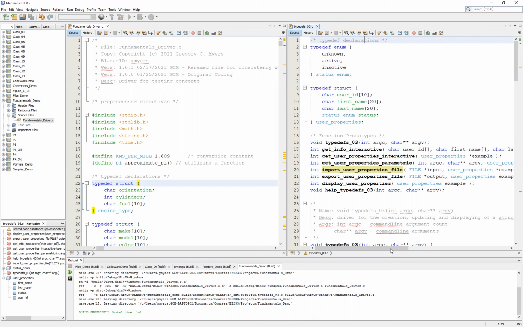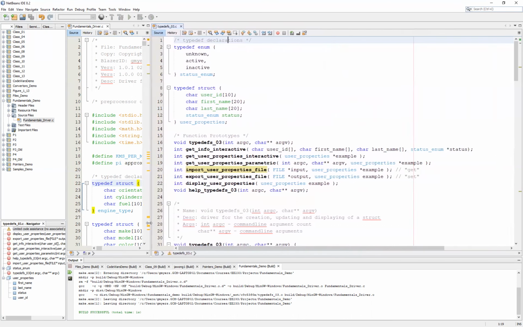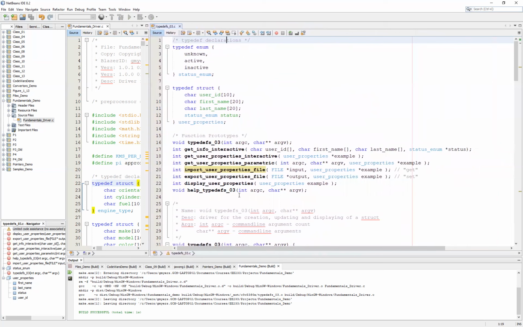So to begin with, what we want to do is take a look at the structure of this snips file. You'll see that it begins with a status enum that contains three different enumerators. The idea here is that I'm going to build a system that's going to track some basic user information, like their ID, their first name, their last name, but we would also like to know whether they were active or inactive in our system or potentially unknown status in our system, which leads us to the typedef struct,